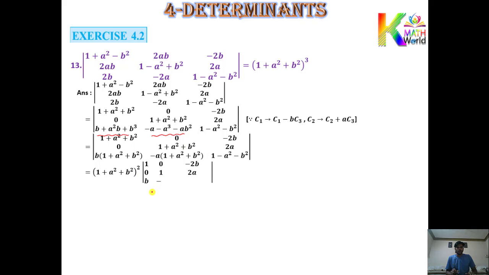Okay, so 1 0 b. Here left 0 1 and here left minus a. Minus 2b, 2a and minus a square minus b square, 1 minus a square minus b square. Okay, so now